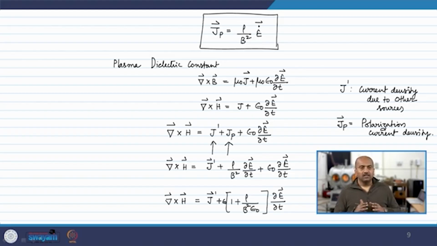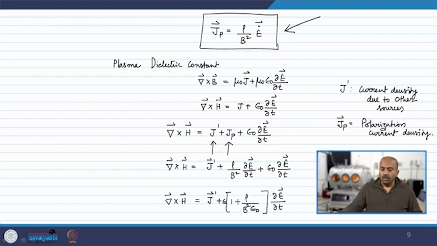That means that when a collisionless plasma is subjected to this type of field, it will separate the charges. All the particles with positive charge will be given a polarization velocity in one direction and all the negative particles will be exactly opposite. That means there is a charge separation. So, this charge separation leads to currents or current density. So, we have got the expression for the current density as Jp equals rho by B square